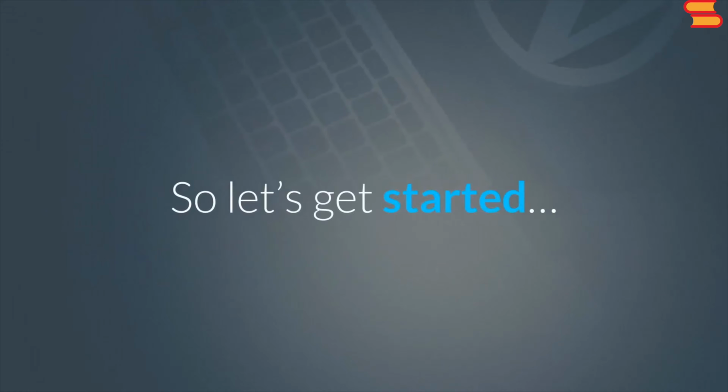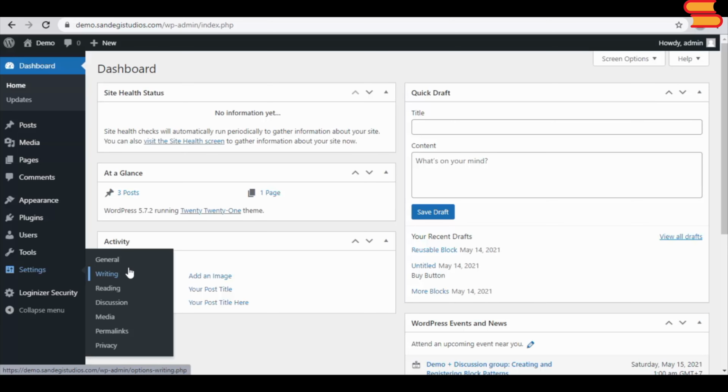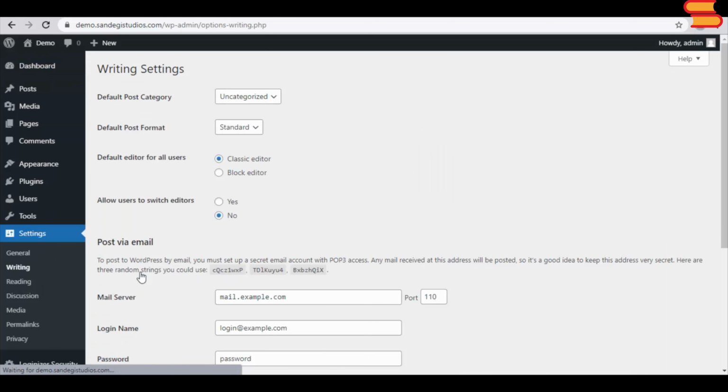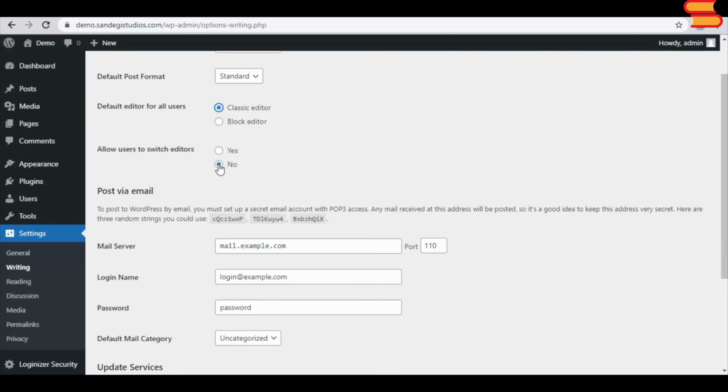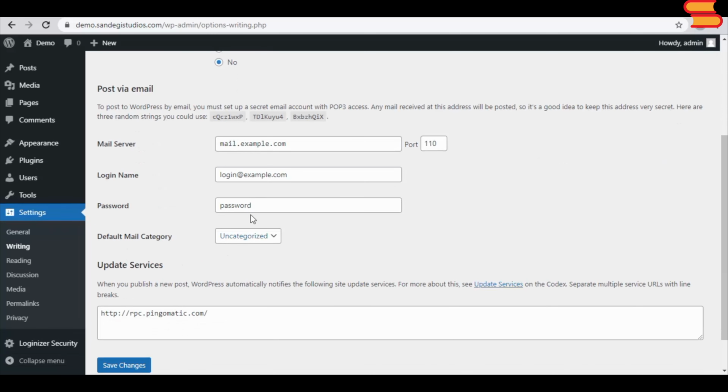So let's get started. From your WordPress dashboard, go to Settings and select Writing. Here select your default post category, default post format, default editor for all users, Classic editor or block editor, allow users to switch editors, yes or no. Then post via email, mail server, login name, password, default mail category, then update services, that is